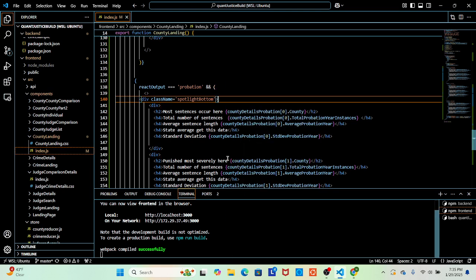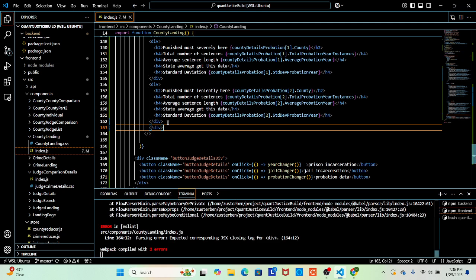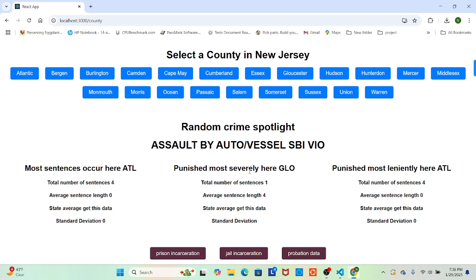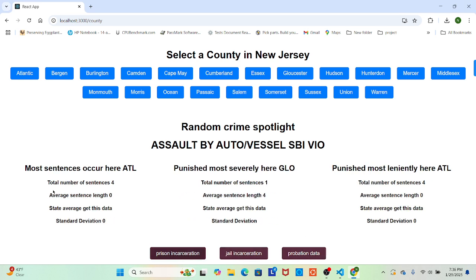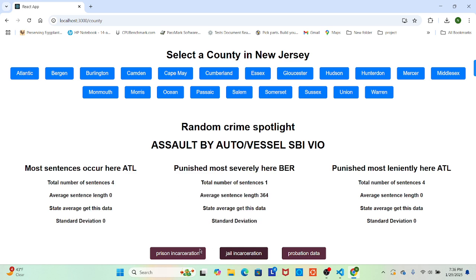Copy this, scroll you down. And Alt Shift F. There we go. Alright. Yeah, we're good to go. These things are flopping too, just because this Atlantic.